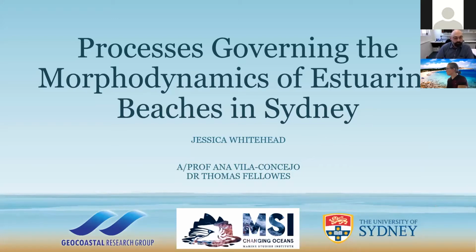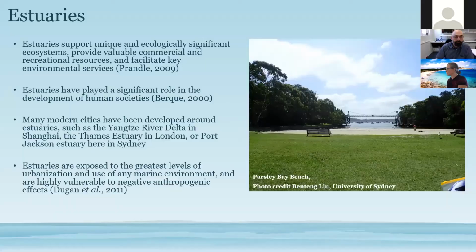My name is Jessica, and today I'm going to be talking about the processes that govern the morphodynamics of estuarine beaches in Sydney. So estuaries are ecologically and economically really important coastal landscapes. They provide unique ecosystems of high biodiversity and valuable commercial and recreational resources, and are vital for key environmental services such as nutrient filtering. Many modern cities have been developed around estuaries, such as the Yangtze River Delta in Shanghai,